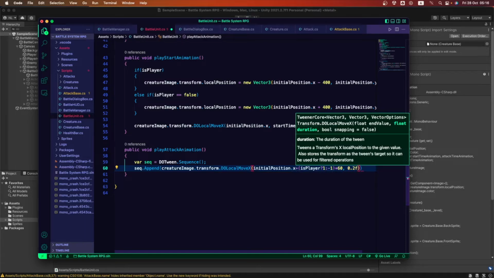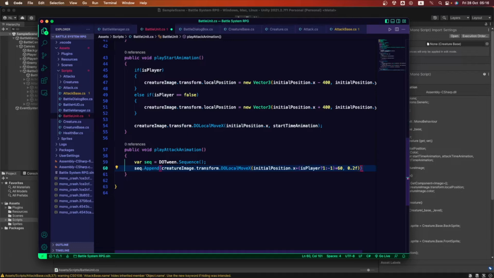Okay, we can also use our variables, the one we have on top, but we're gonna try with this to see how it works. Okay, if we want to keep changing it, we can use the variable that we can access on the inspector.